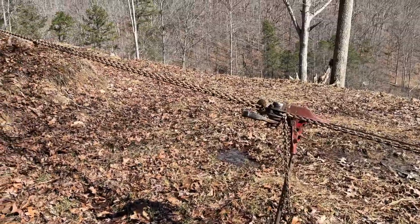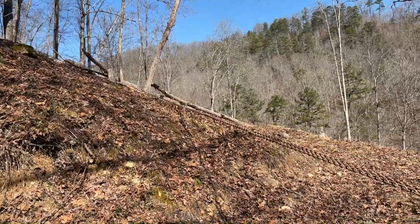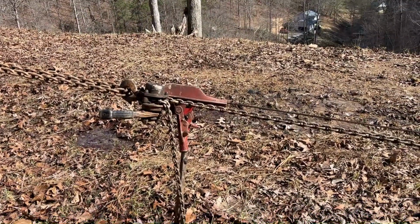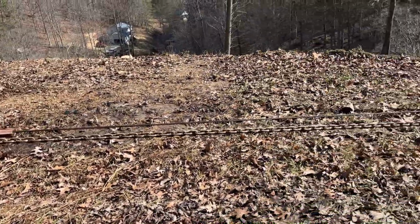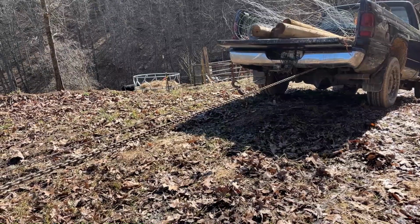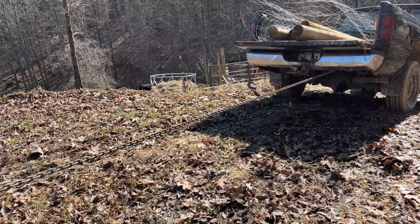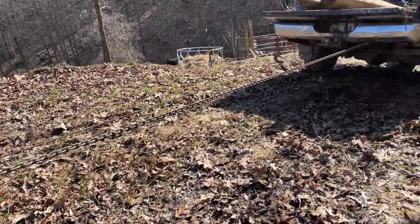Okay, what I got set up here, had to go get another chain, but I got a chain hooked to that dogwood tree, and I got a little nervous, as steep as this bank is. So I've got my red devil and a chain ratchet hooked to it, and I got the chain ratchet hooked to the frame and the red devil hooked to my ball hitch, just in case. You never know if that cable was to break or a hook come off. I don't want this truck to go flying down this hill, so I tighten up a little bit at a time on each one,